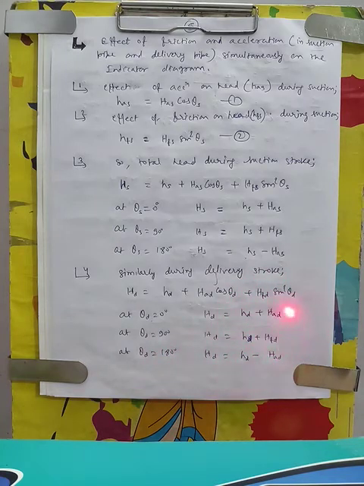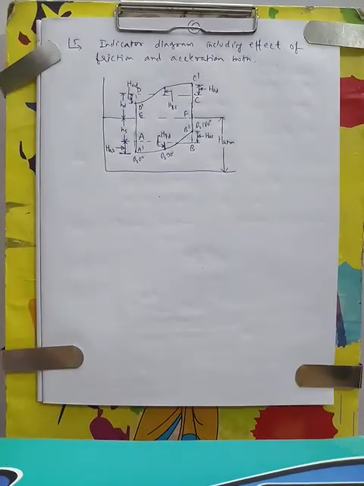So these are the 3 points we have got in the suction stroke, and these are the 3 points we have got in the delivery stroke. By plotting these 3 points, we can draw the graph. During the suction stroke at 0 degree the head is Hs plus HAS, this point A dash, and at 90 degree the head is Hs plus HFS, this point, and at 180 degree Hs minus HAS, this is the point B dash.